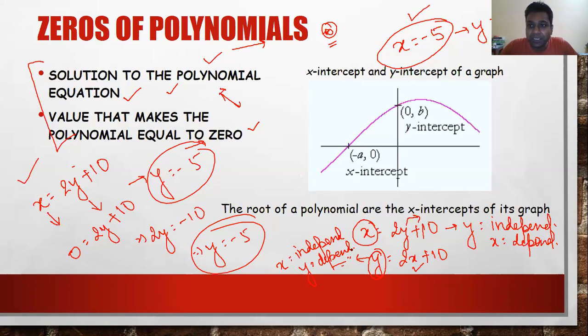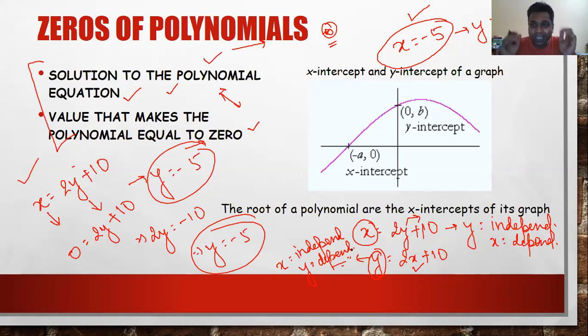A very common example that I'll give you: whenever you feel hungry, you want to eat something. So the number of chapatis eaten by you depends upon the level of your hunger. Whatever you are going to eat depends upon your level of hunger. So consumption depends upon the level of the hunger.